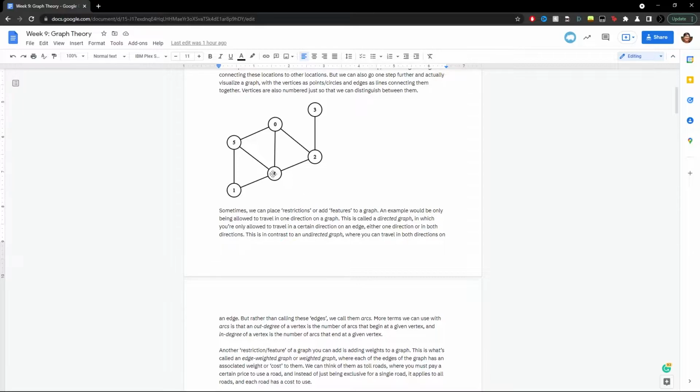All right. And another restriction slash feature of a graph you can add is adding weights to a graph. So this is what we call an edge-weighted graph or a weighted graph, where each of the edges of the graph has an associated weight or cost to them. So